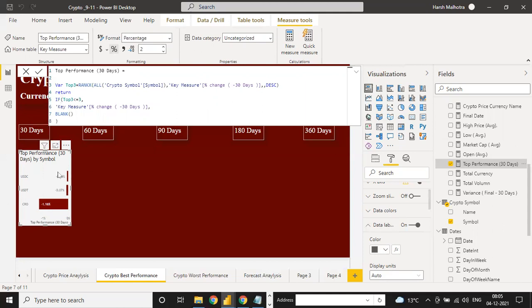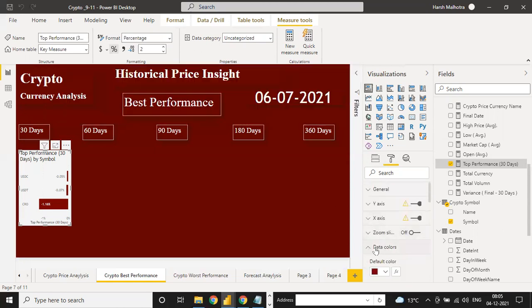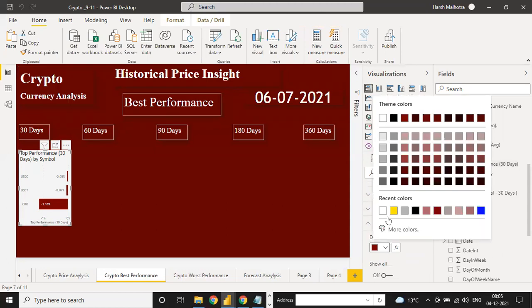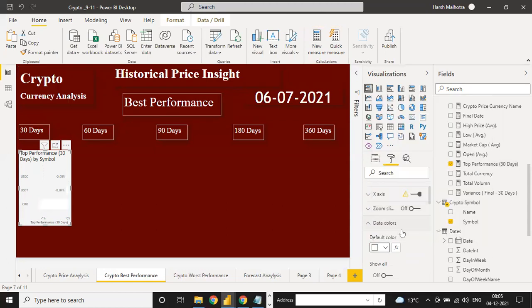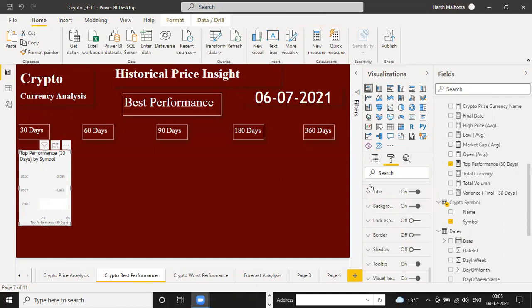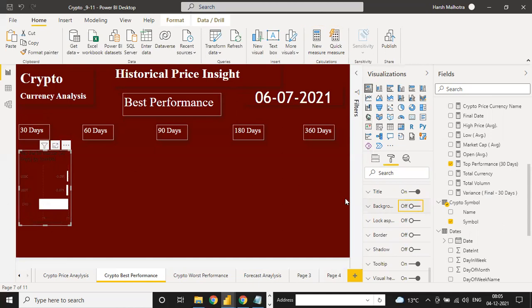And now see, your data is there, and if I remove the, where is the data color? Okay, if I change the data color, suppose white, and remove the background from here, background, and remove the title also.